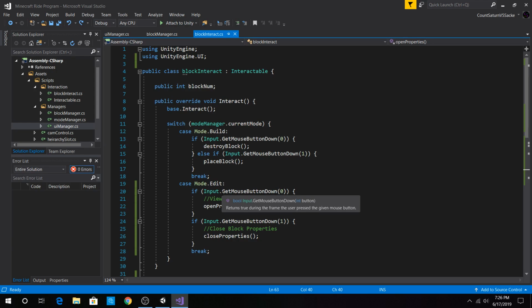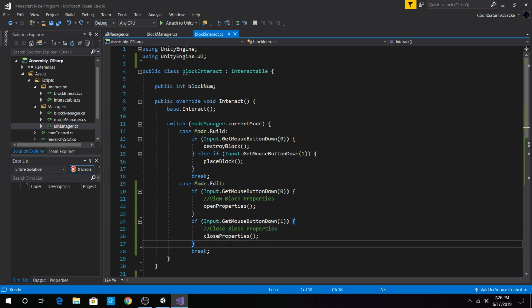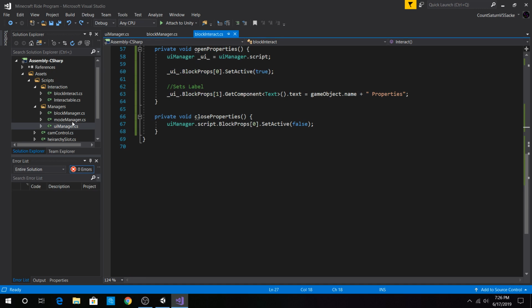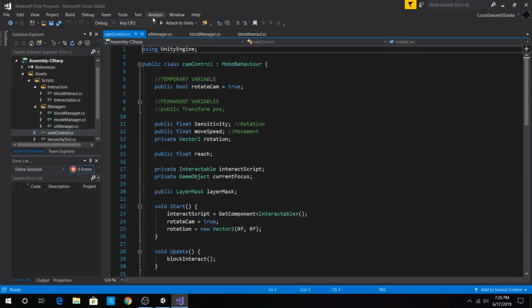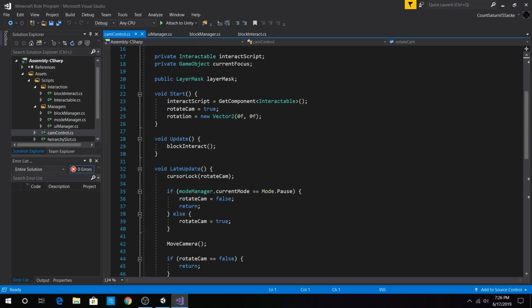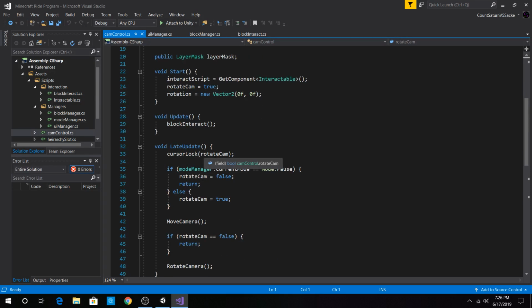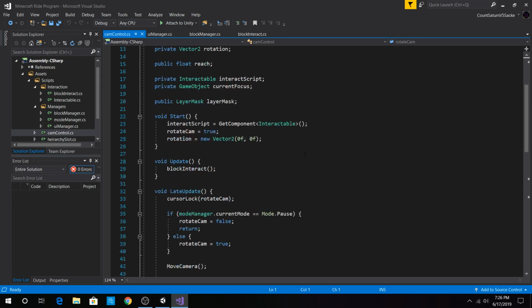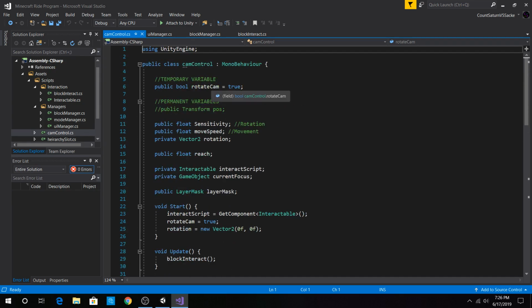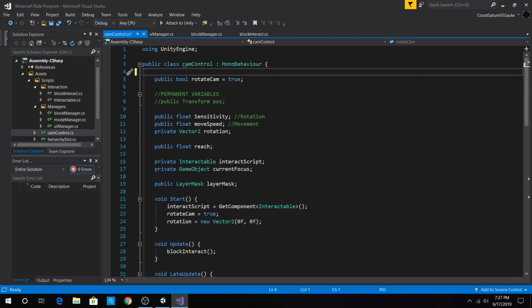Oh, this is a little awkward, because close properties will only be called if you interact. That's going to be a little awkward. Maybe if that's the case, we might want to lock the camera controls. So, rotate cam. I'm not sure this is a temporary variable much, but if anything, I believe that what we need to do is